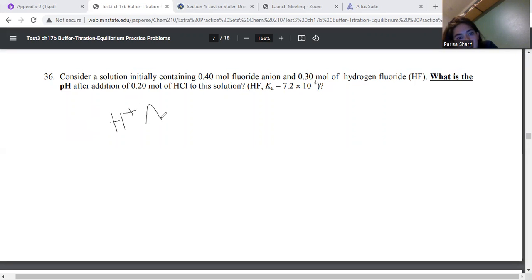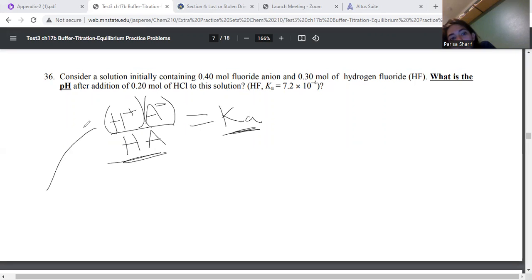HA is on the bottom, and then the amount of H plus and A minus is on the top, and it equals the Ka, and we would be given something like our Ka and this, and we could figure out the H plus and take the negative log of it. So then we would have the pH. But in buffers, we can't use this equation. It's not that simple. You have to be able to recognize when your problem is using a buffer, because then